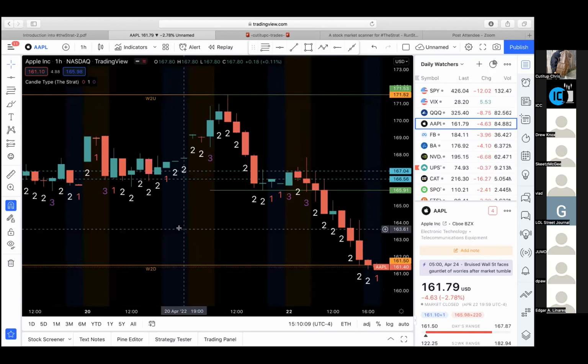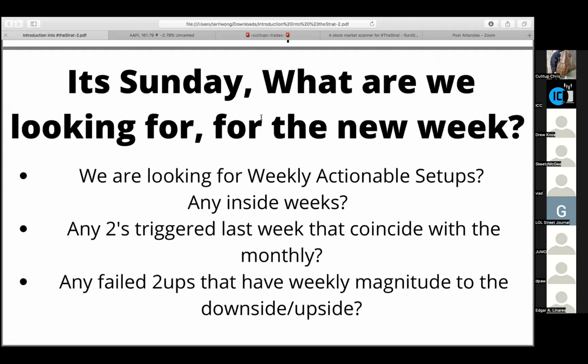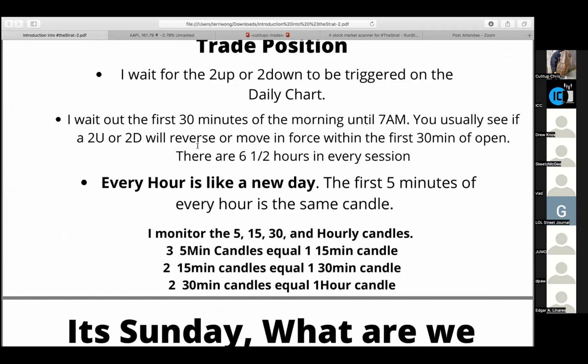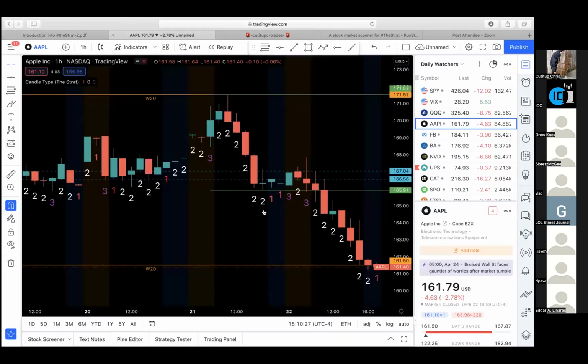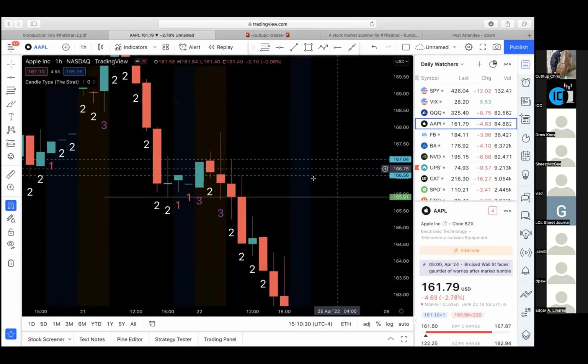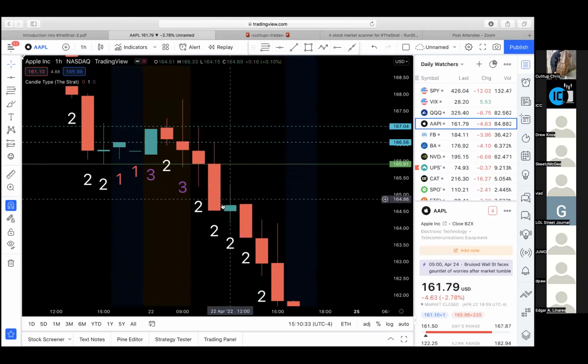I'll just be monitoring all the time frames, and if the 5 minute reverses, I want to see how that hits the 15, and I want to see how that 15 is going to affect the 30. And if that 30 ends up like right here, look, this right here could have been a reversal, right? This is the hourly chart. This could have been a reversal. So depending on where you got your entry at,